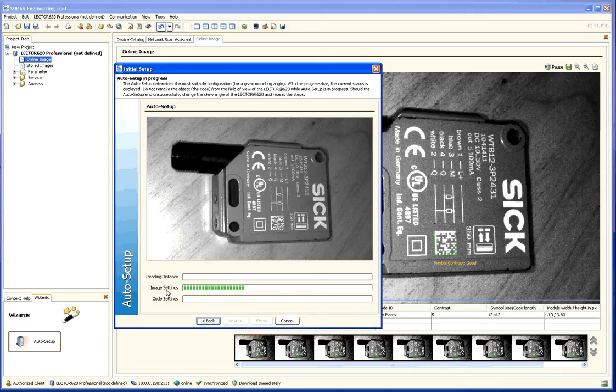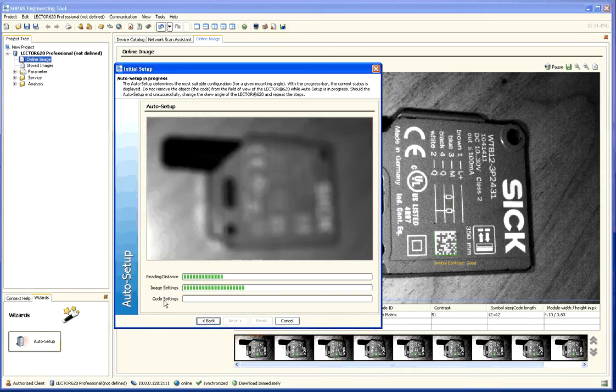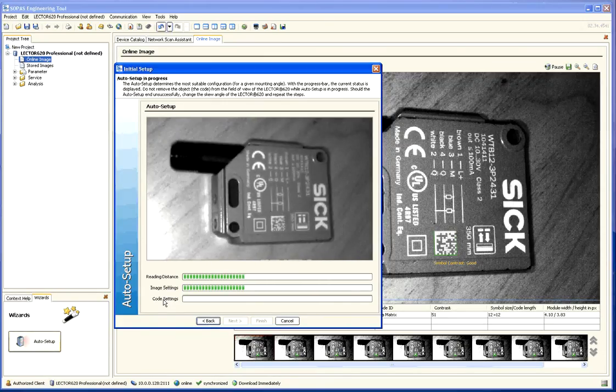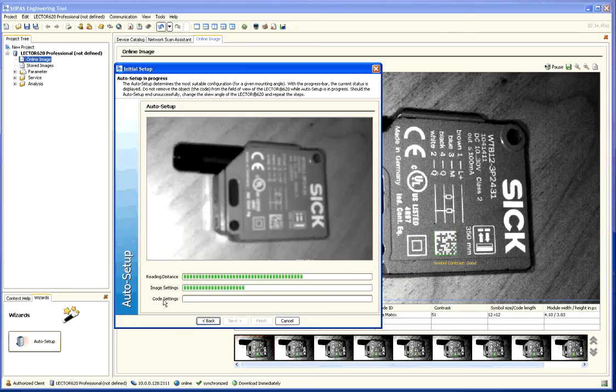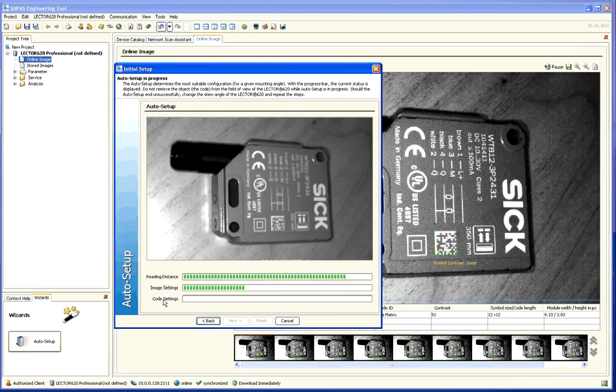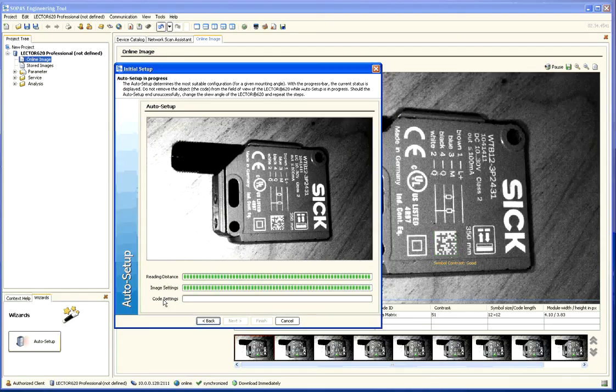Now you will see that the reading distance, the image setting and the curve settings are analyzed and set up correctly due to the analysis algorithms in the Lector. Everything will be done fully automatically, so there is nothing you can do other than wait for the analysis to complete. After this is done, you should get a confirmation that everything has gone successfully. And if such a message appears,